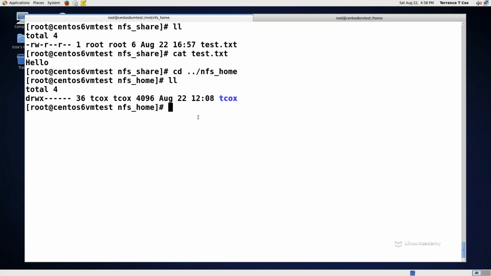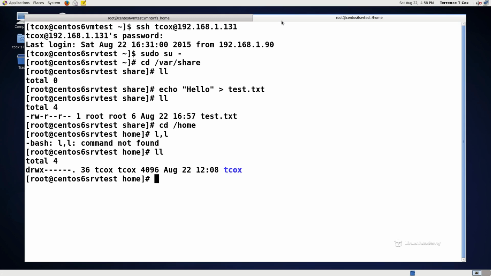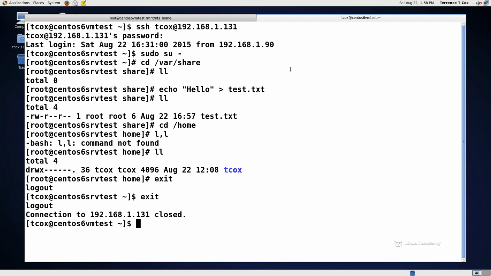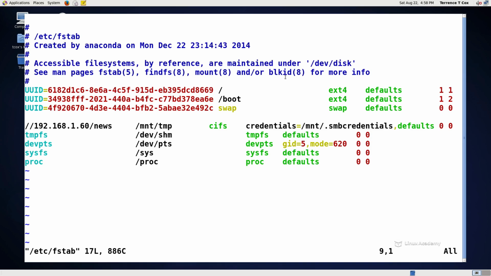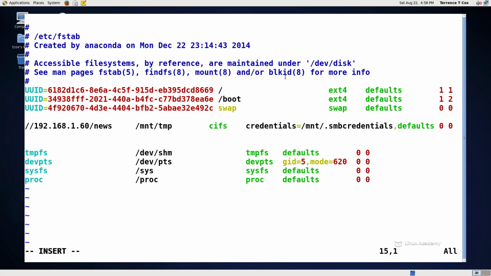So now that we have our file systems available to us, how do we make sure that they can mount on boot? Well, like any of our other file systems, we can add them to the FSTab file. So on our client, and we can go ahead and exit off of this server now. On our client system, we will edit the FSTab file with vim on etc FSTab. And all we're going to do here is below this file system mount, we're going to create an NFS mount for those directories,